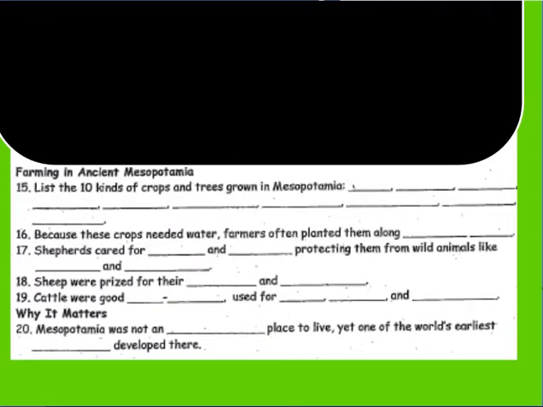Alright, now we are ready for question number 15. Okay, here we go. Question 15. Farming in ancient Mesopotamia. There are 10 main kinds of crops and trees that they grew in Mesopotamia. Now they probably grew a lot more, but in ancient Mesopotamia they grew wheat, they grew barley,